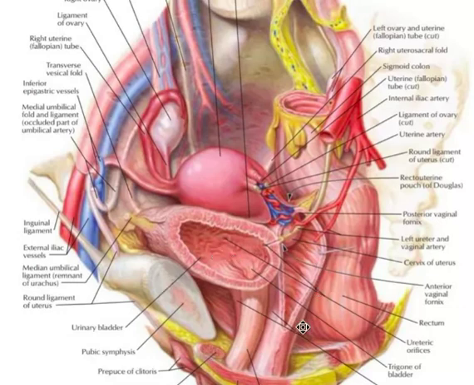What are the other things that we could locate? These are the recto-uterine pouch of Douglas, and there is also the vesico-uterine pouch. We could also locate over here the left ovary and uterine tube, which are cut, and then it would lead to the uterus.